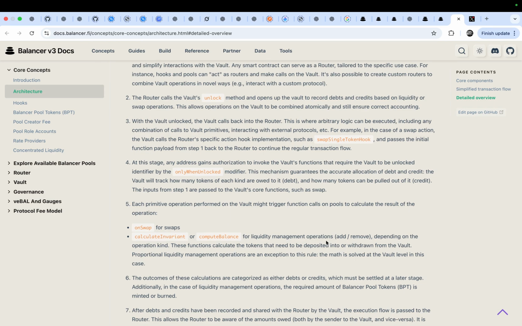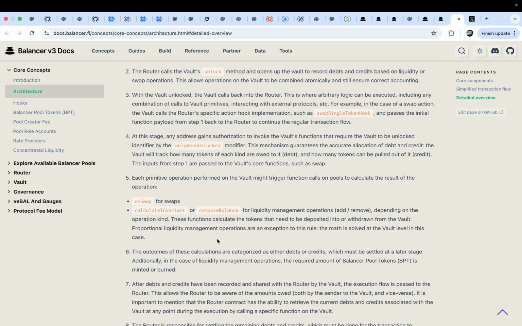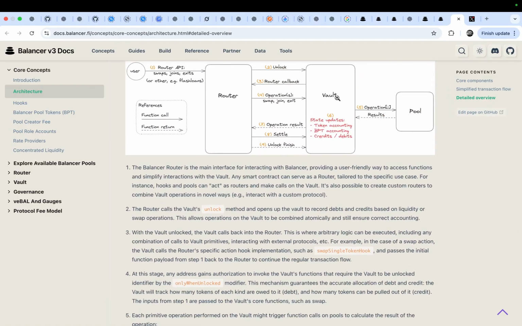Not all the operations will invoke function calls on pools. These functions calculate the tokens that need to be deposited into or withdrawn from the vault. Proportional liquidity management operations are an exception to this rule. The math is solved at the vault level, only here.